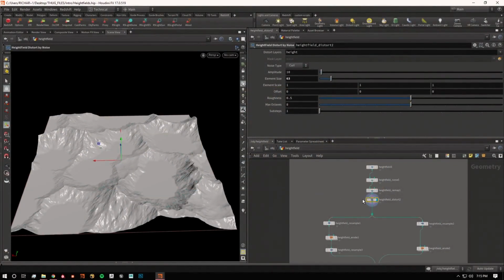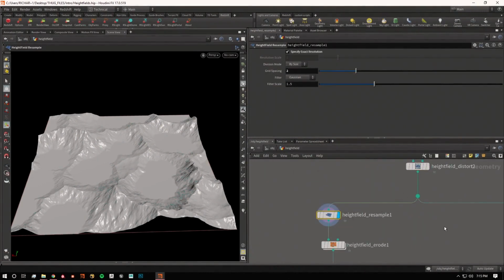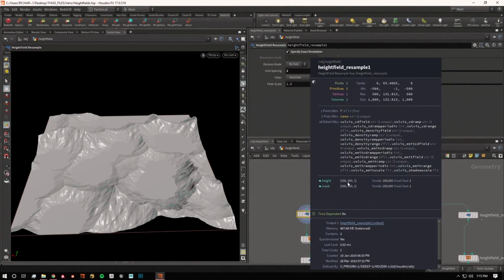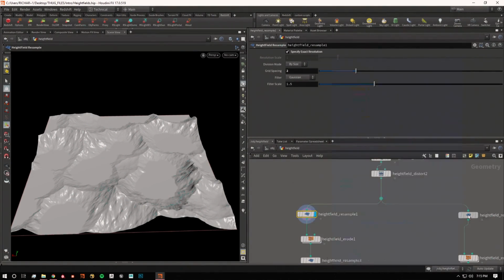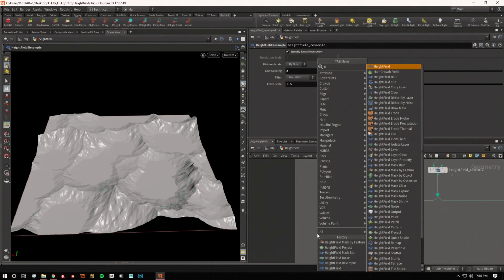So let's see how erosion works in Heightfields. I have broken down our chain into two just to show you the effect of erosion at two different resolutions. In the first chain, we have a 500 voxels by 500 voxels resolution terrain, and in the second we have 2000 by 2000. So if I drop down Heightfield Erode,